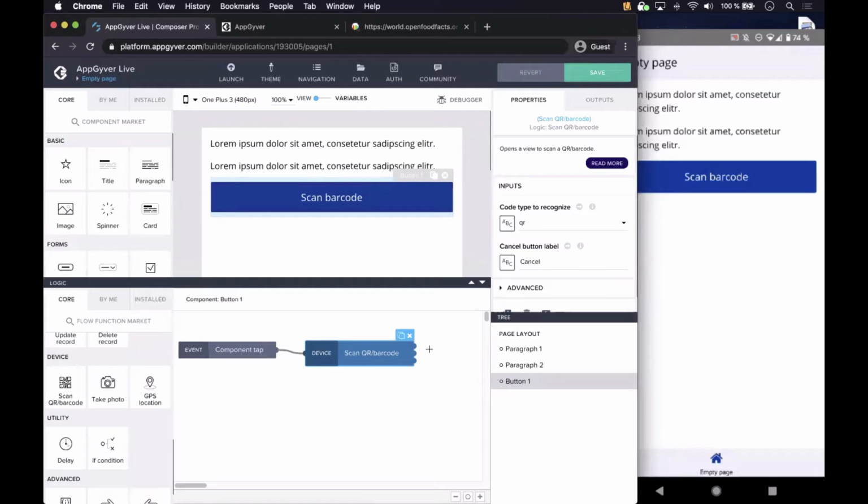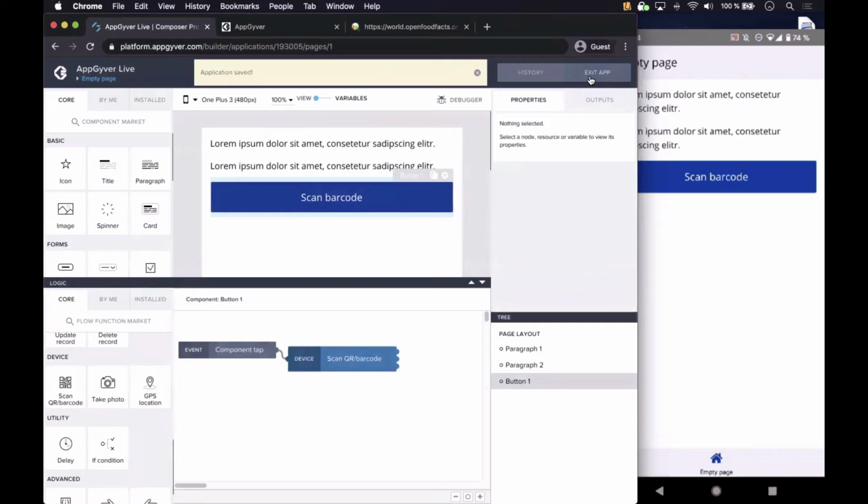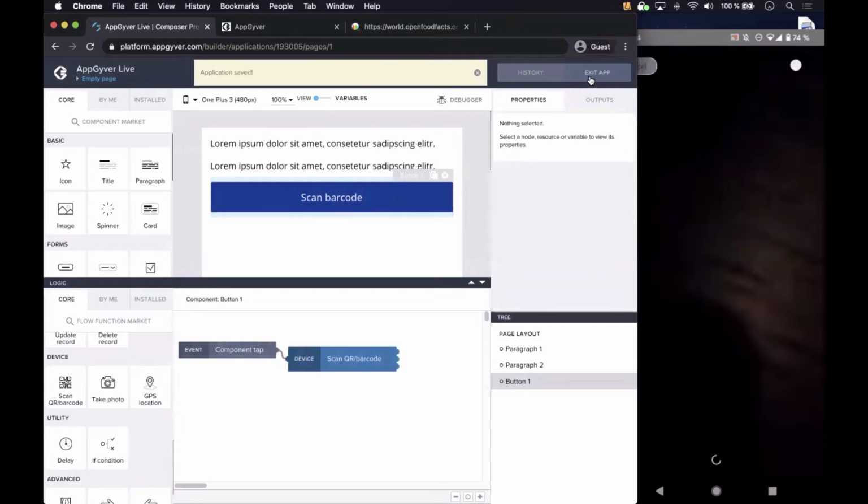And the outputs we can see here on the node. There are 3 outputs. The top one will contain the barcode if a barcode was scanned, the middle one will be the canceling operation, and then finally the third one will be the error case, which shouldn't really happen, but can happen. Okay, so if I save now, we can already use this. So if I open the camera here,